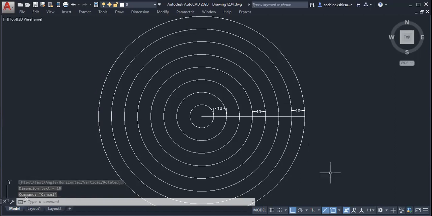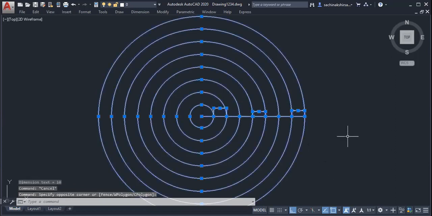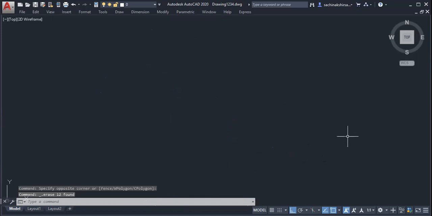So what is the correct definition of the offset command? It is used to draw parallel lines. Basically, it is used to draw parallel lines, but most correctly, the offset command is used to draw a locus at a required distance. Locus, a set of points, not only parallel lines. We can draw a circle, rectangle, anything apart from a line also. But in AutoCAD, mainly it is used to draw parallel lines. Okay, so that is offset.